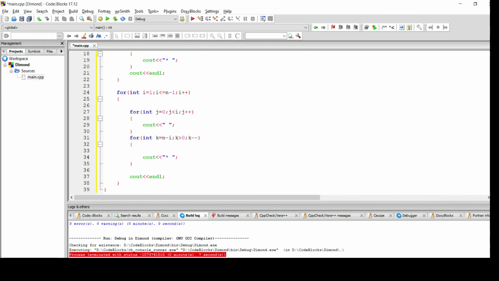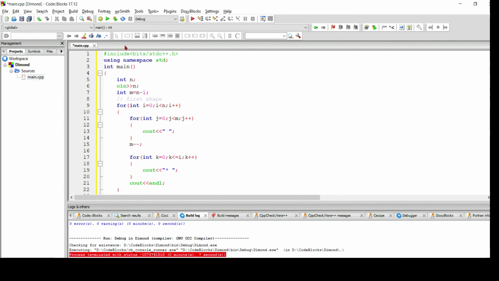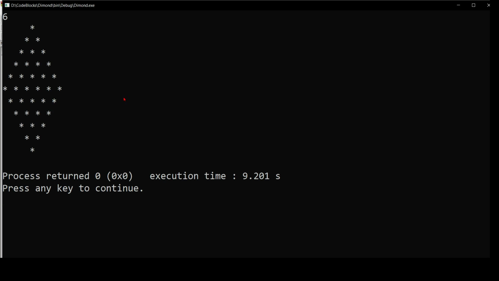So now I will try to compile that program and get the answer from it. Yes, it was successfully compiled, and I will take input of 6 rows. Yes guys, you can see the output on the screen.